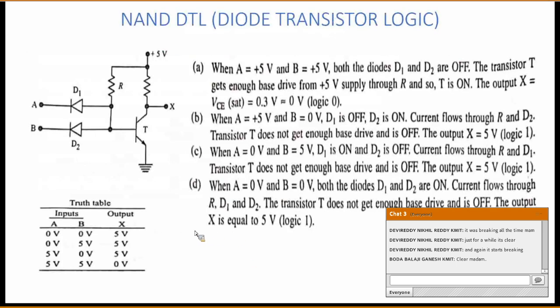Okay, so listen to this. When both the inputs are 0 and 0, it is written in the fourth case. You can see here, when A is 0 and B is 0, then what happens? The anodes are connected to the plus 5 volt supply, and the cathodes are given 0 and 0 volts. So both the diodes are on and the current starts flowing like this. This is the path.